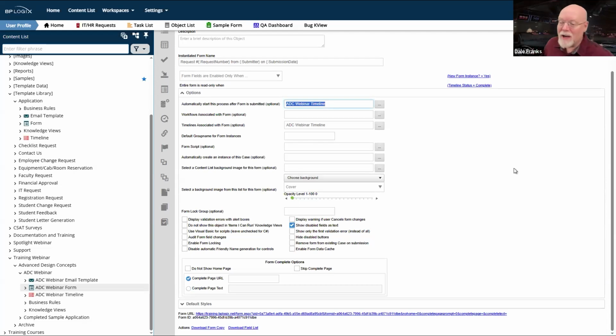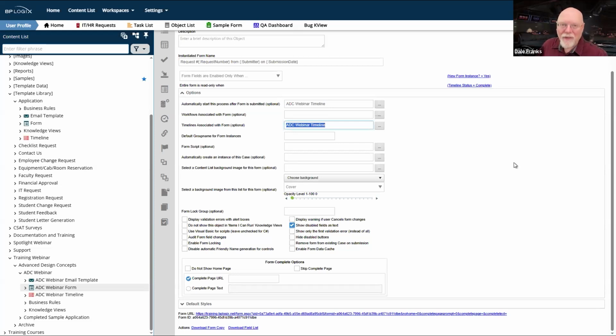That one's kind of obvious. You have to set it or your process won't kick off. But we often forget about the timelines associated with form property. That's an important one too, because there are many times whenever you are creating a form where you need to create conditions based on the process timeline. So for example, we are going to have some conditions on the form that are going to check to see what our current running activity is.